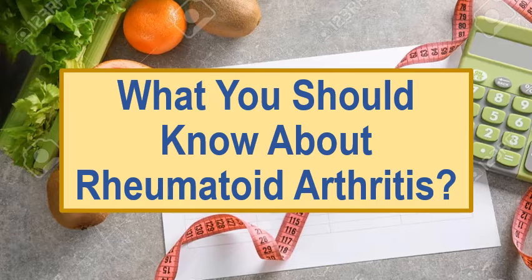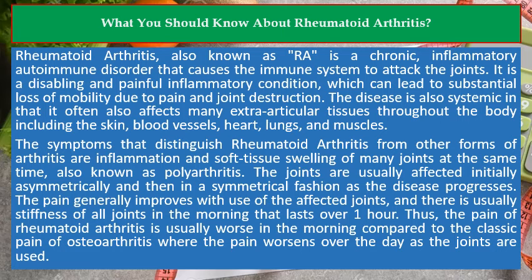What you should know about rheumatoid arthritis. Rheumatoid arthritis, also known as RA, is a chronic, inflammatory autoimmune disorder that causes the immune system to attack the